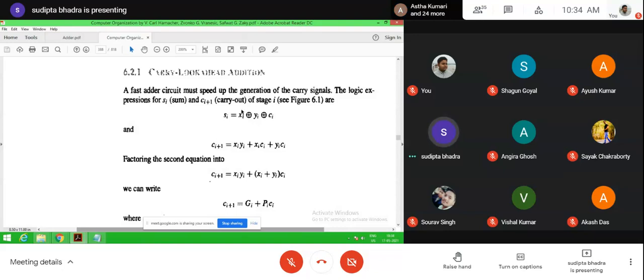As we have seen, the sum and the carry of each stage can be represented by these expressions: Si equals Xi XOR Yi XOR Ci, and Ci plus 1 equals Xi Yi plus Xi Ci plus Yi Ci. Now what was the problem in the n-bit ripple carry adder?